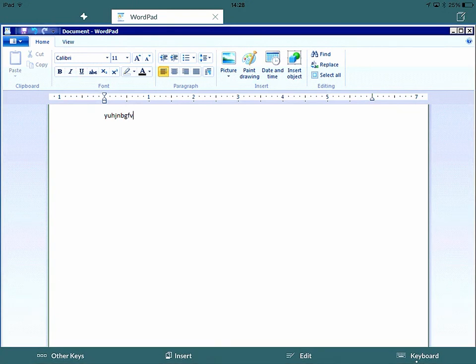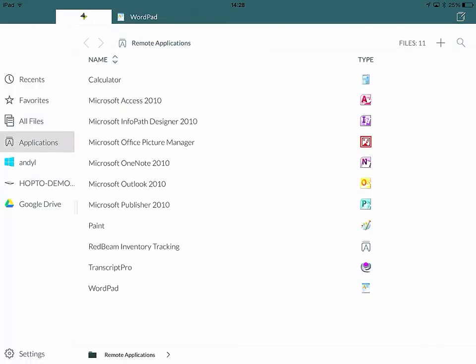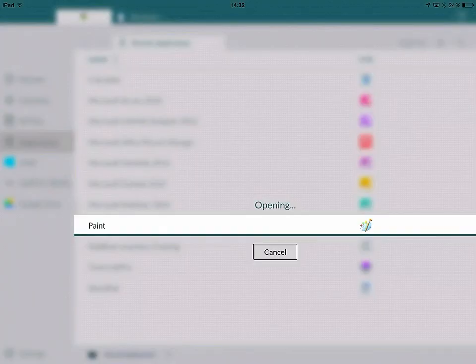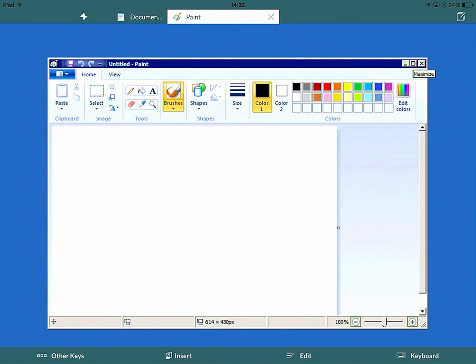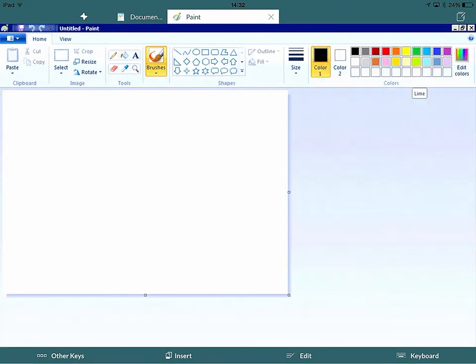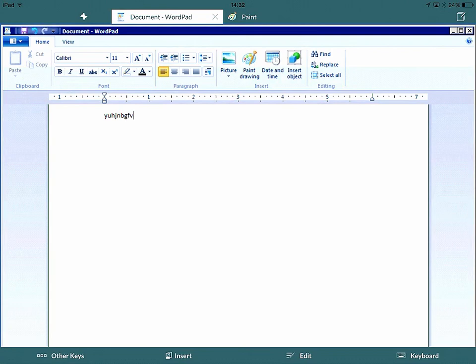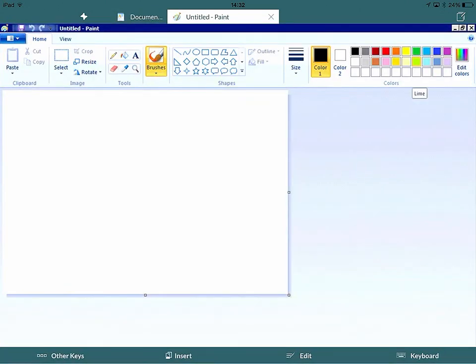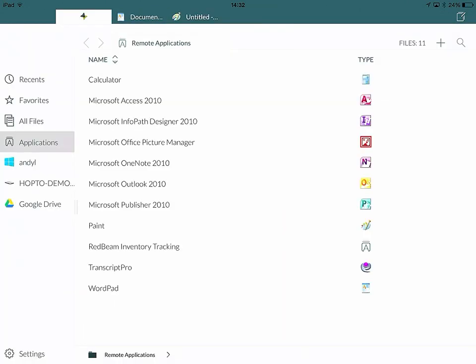When the application's open, or files are opened, it opens separate tabs, as you can see along the top. So the tab on the left hand side here will always take me back to home. If I click on another application like Paint, then you'll see this application open in another tab. So now I can tab between WordPad, Paint and Home.